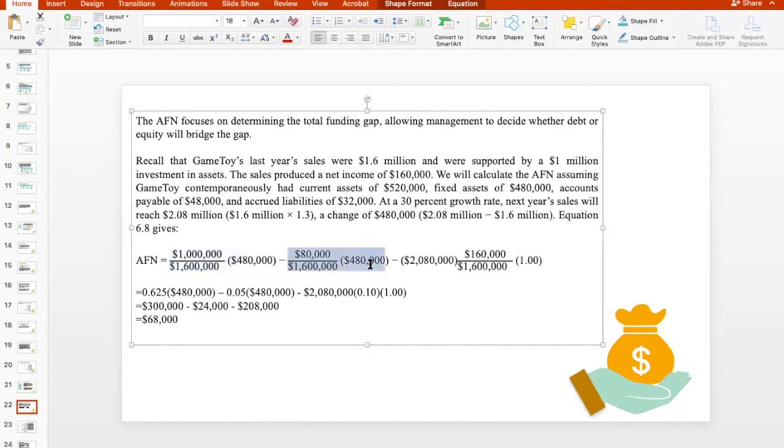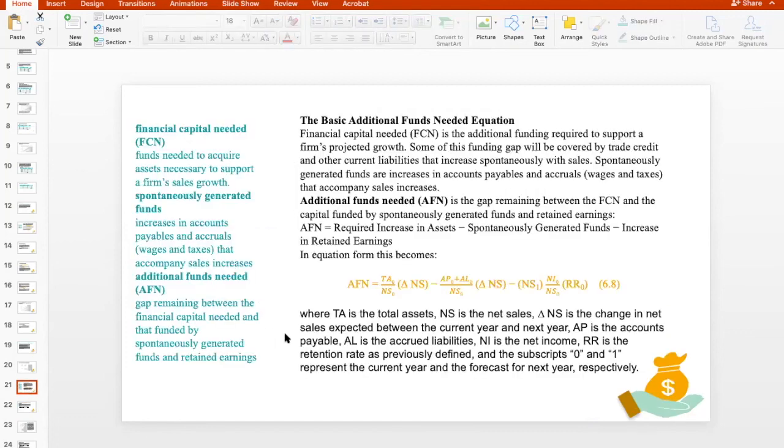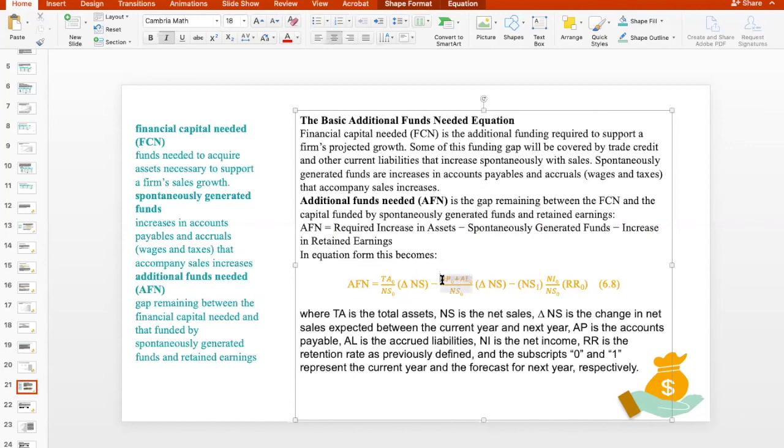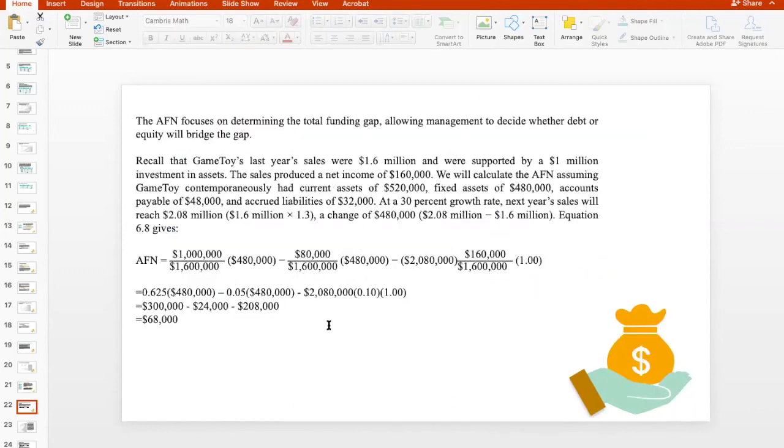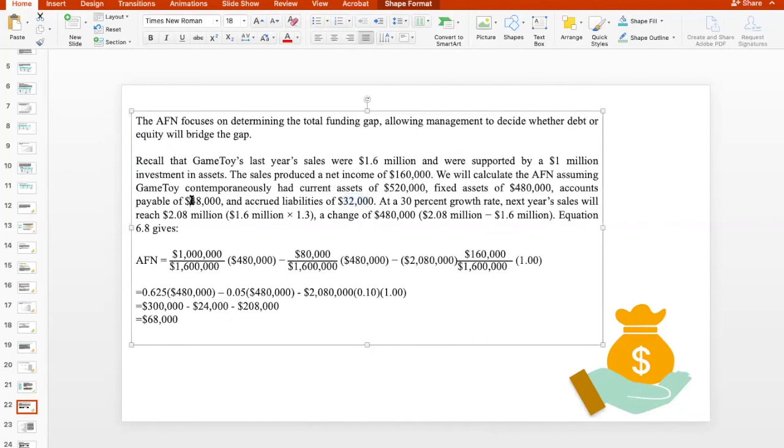Now, minus the second component, which is the spontaneously generated funds. This second component is equal to the accrued liabilities plus the accounts payable divided by the current sales. The accrued liabilities are $32,000 plus accounts payable $48,000, equal to $80,000, divided by the current sales, times the change in sales, minus the retained earnings. That is equal to the forecasted sales for next year divided by the sales for this year, times the net income, times the retention ratio,